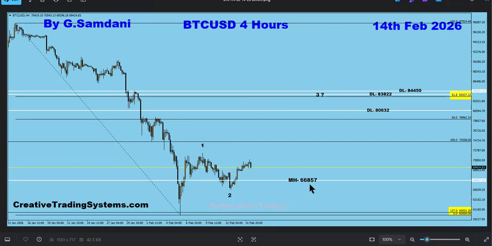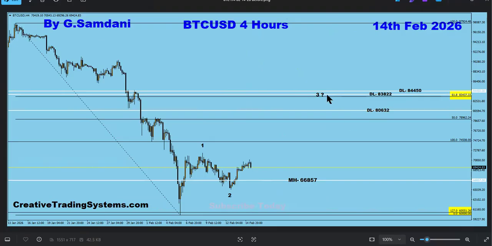This was 66,857, I just showed you, right? So we poked into it, went up, and this. So I said, okay, from here, you draw the fifth from there, and then you're supposed to have 61% coming around 83,822. That's the number. This is the daily low, 80, 82, 81, something like that.